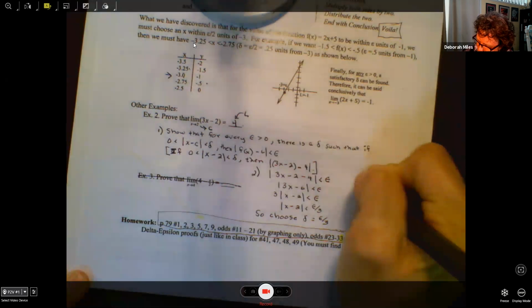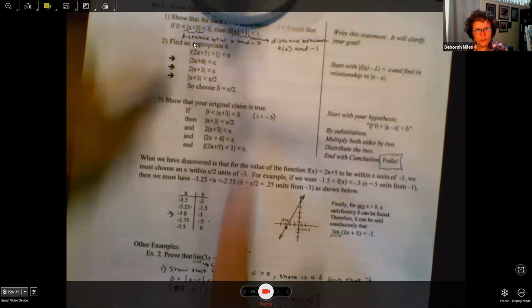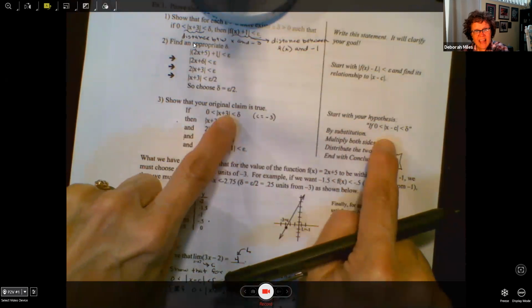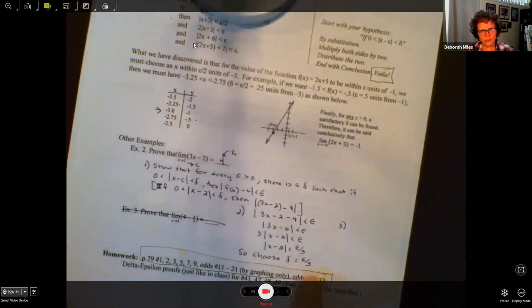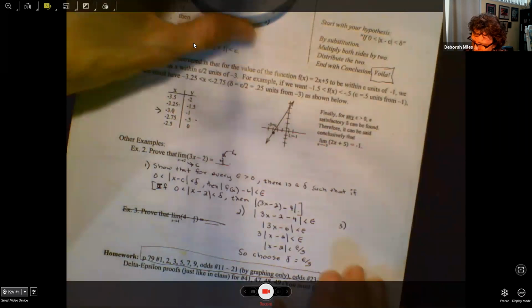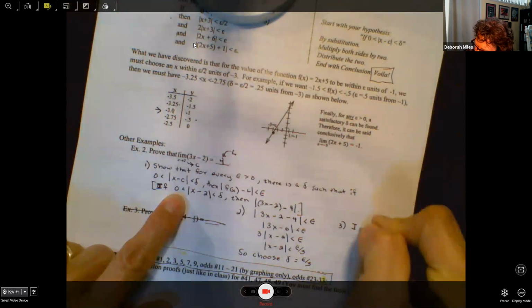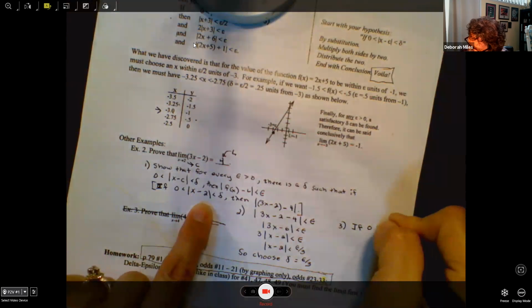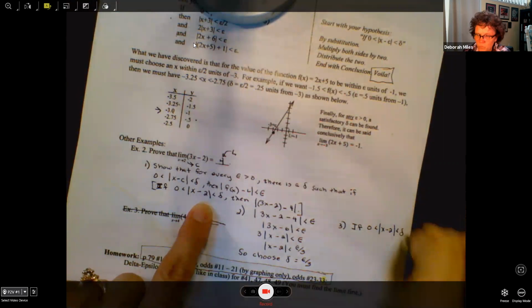And then step 3 is actually doing the proof. Show that your original claim is true. Start with the hypothesis and then really just work backwards till you get the conclusion that you wanted. You'll always get that conclusion because you chose the right delta. So start with the hypothesis, and the hypothesis is, if 0 is less than the absolute value of x minus 2 is less than delta,